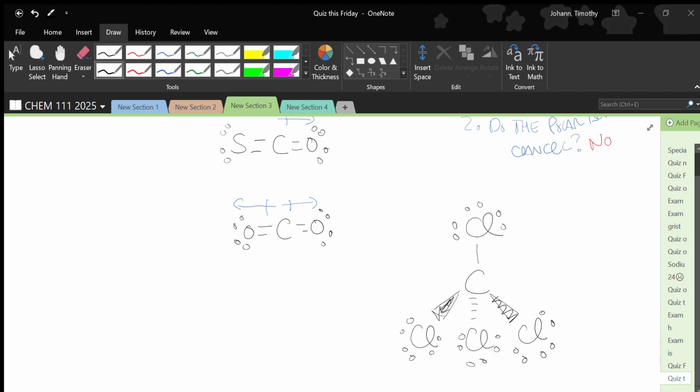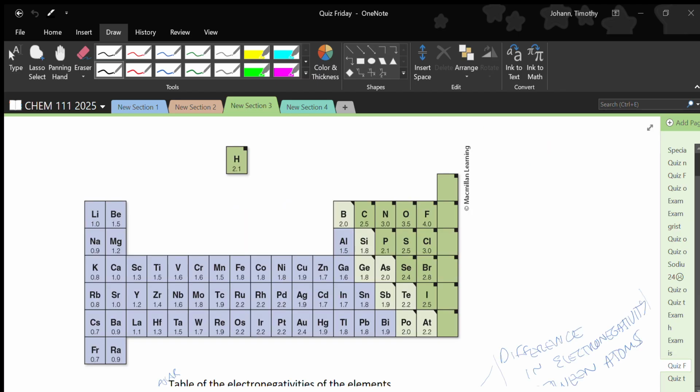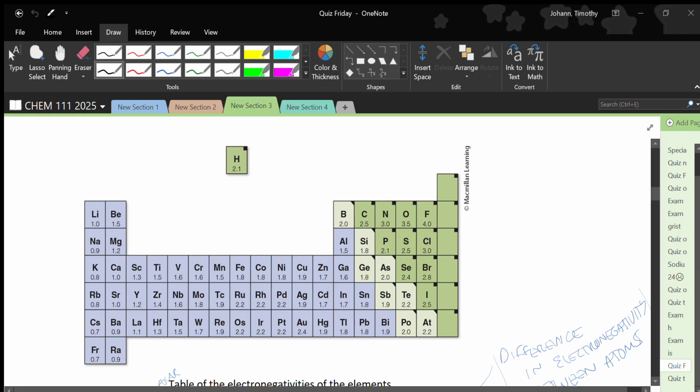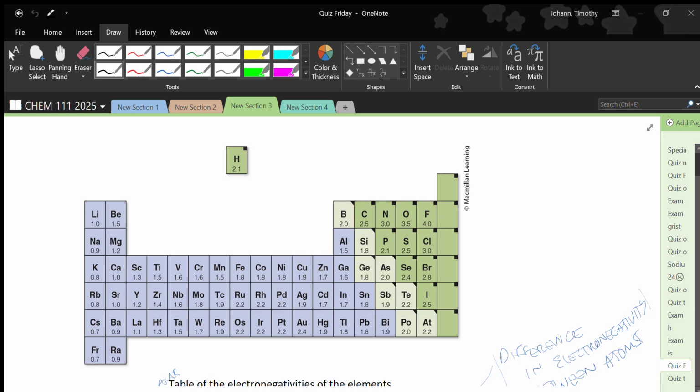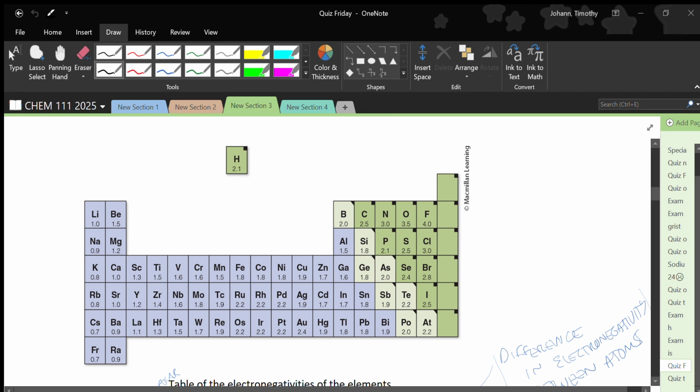So this is carbon tetrachloride. I've drawn the shape here. It's tetrahedral. Does it have polar bonds? Let's go back and look at our table. Chlorine is 3.0 and carbon is 2.5. Polar bonds or not? Yes, it's a polar bond because 3.0 minus 2.5 is 0.5, which counts as polar for us. However,